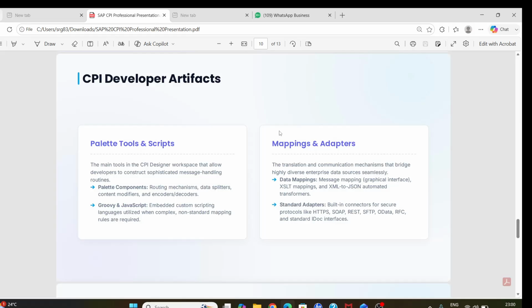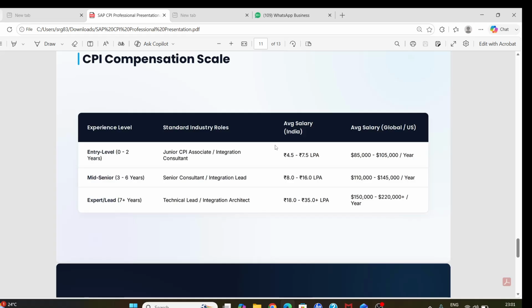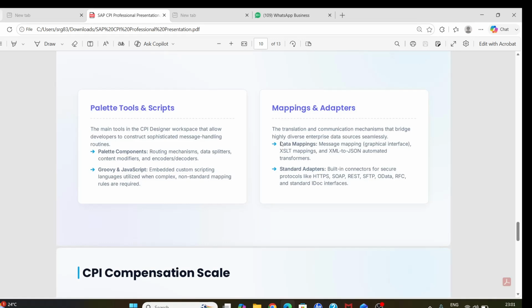Then scripting: basic Groovy scripting or JavaScript used when you need to perform advanced custom data manipulations and data mapping using XML to JSON structure or graphical drag and drop mappers. And here, adapters are why we use them: to configure the communication pipelines such as SOAP, REST, SFTP, and OData protocols.